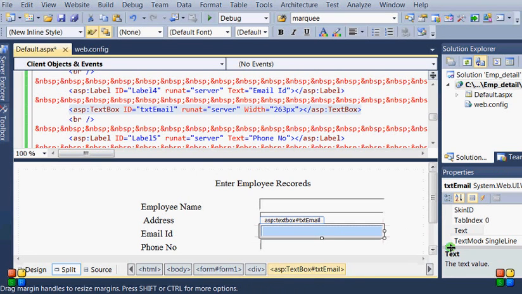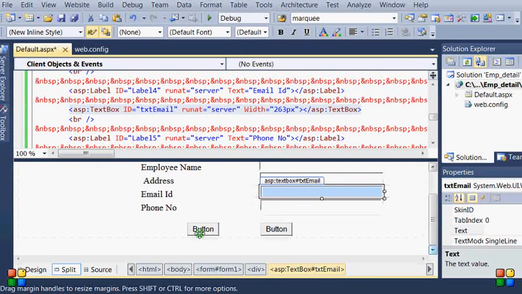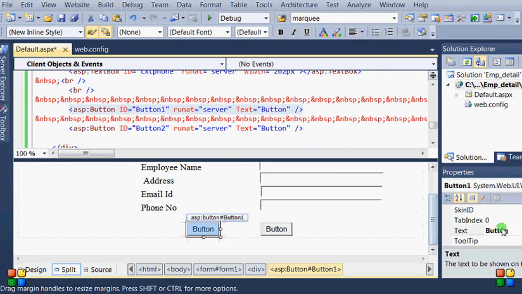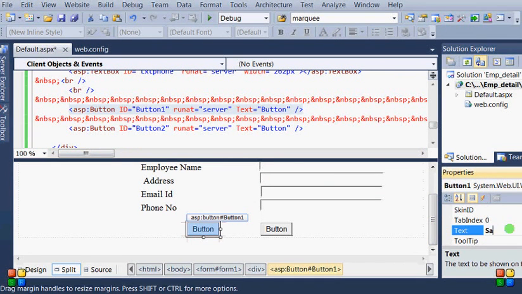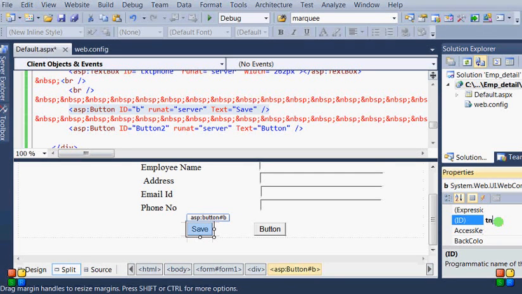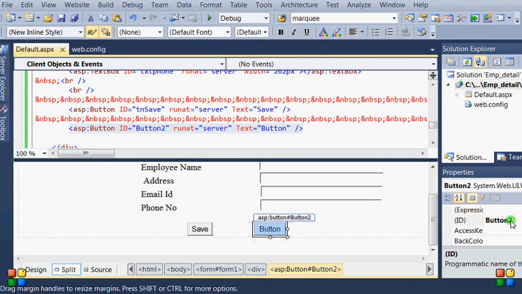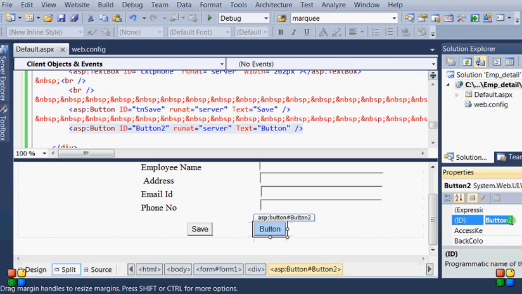Now there are two buttons, so just do a little bit of work here. Here one will be save and its ID should be btn save. Now this button has ID btn clear.